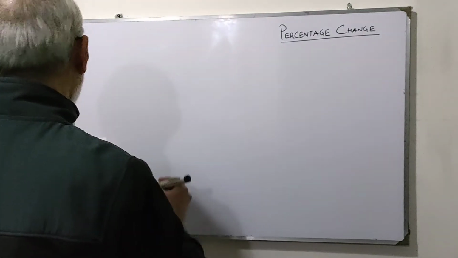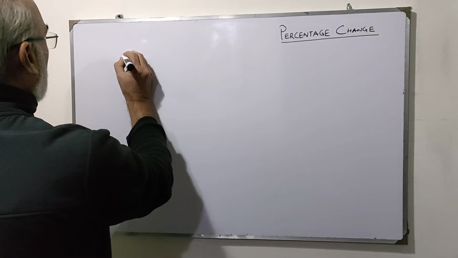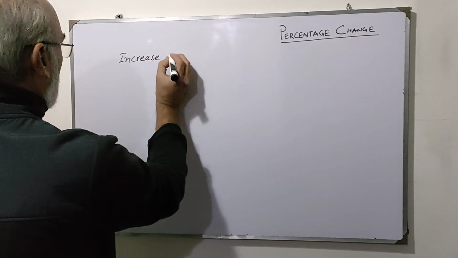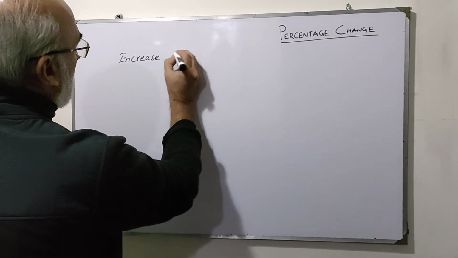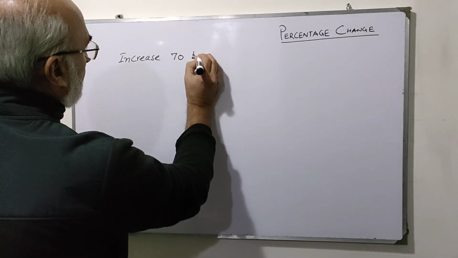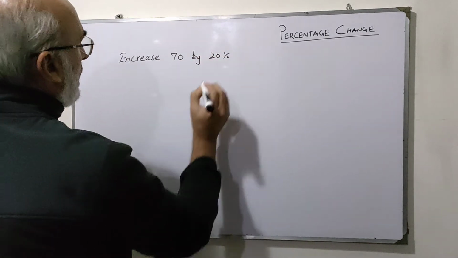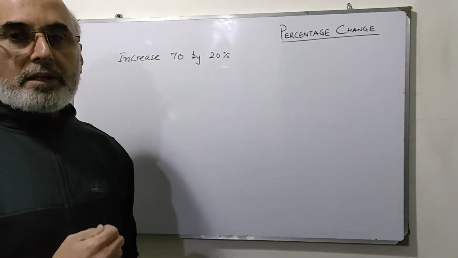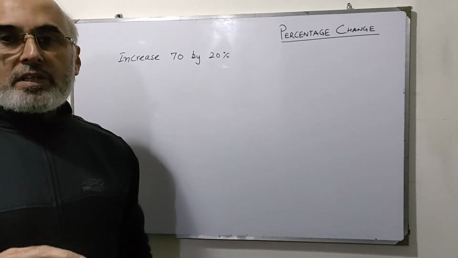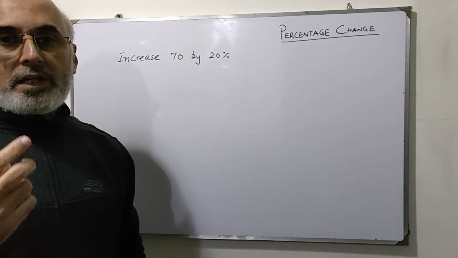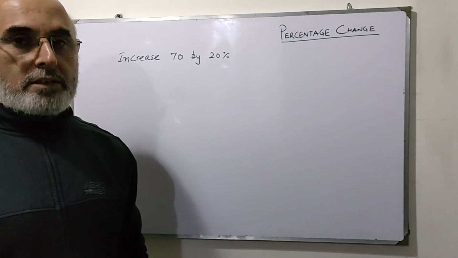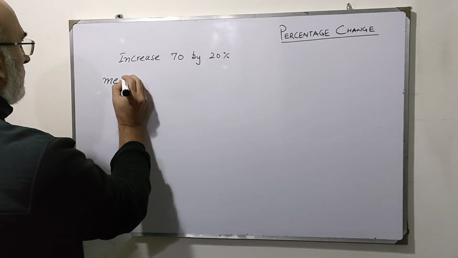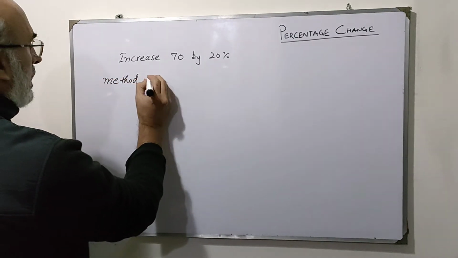Suppose we have: increase number 70 by 20%. So we have to increase number 70 by 20%. So we have two methods to deal with this situation. To increase a value by 20%, we can do it by two methods. So the first method, method 1,